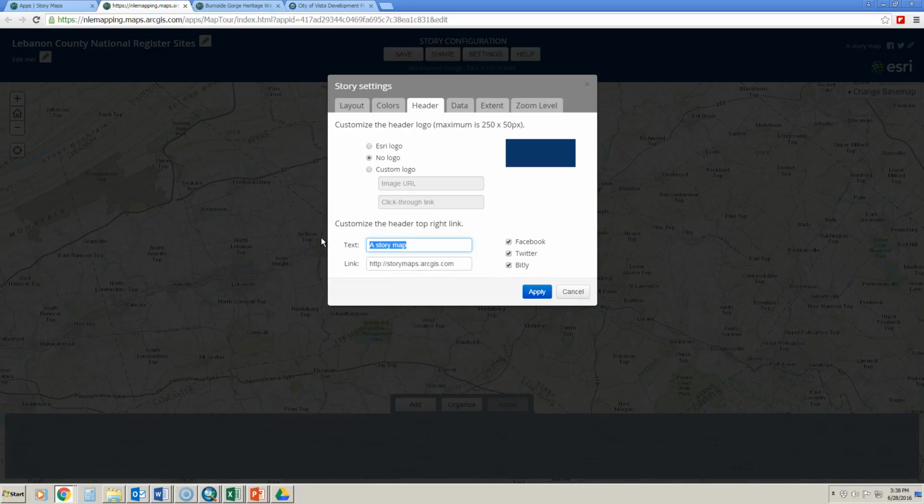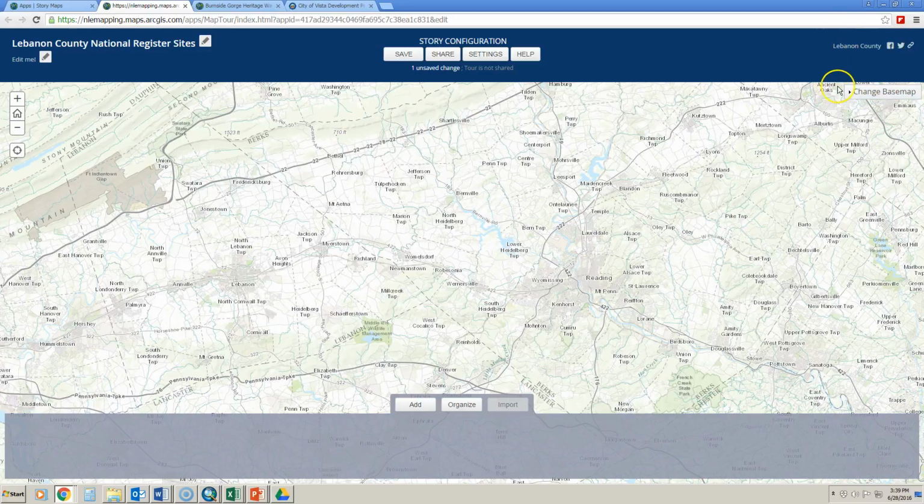So I'm going to change the text to Lebanon County. And then I'm going to put in here the web address for Lebanon County so that we have that hyperlinked. I'm going to retain the Facebook, Twitter, and Bitly options because I want people sharing this map to anyone that they wish. When I hit apply, you can see that those changes take effect up here in the corner. If we go back to settings,